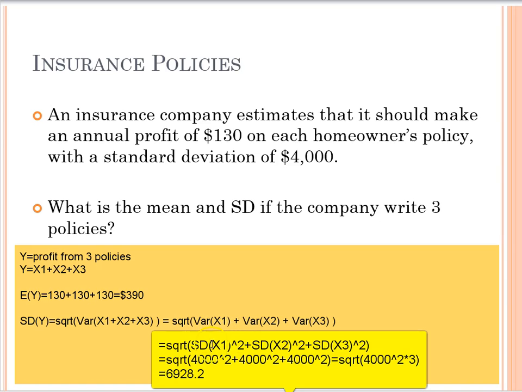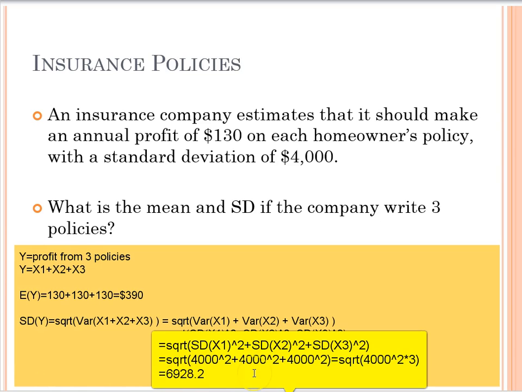So we can substitute in the formula for the standard deviation squared into the variance, and you can see I've done that for every single variance. Next, we plug in our standard deviation that the problem gives us, which is 4,000, and we do that for every single standard deviation. So we have the same formula, 4,000 squared, 3 times. So we can just write that as 3 times 4,000 squared. And then we'll square root that for a final answer of